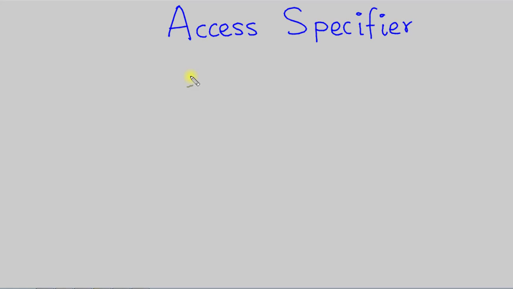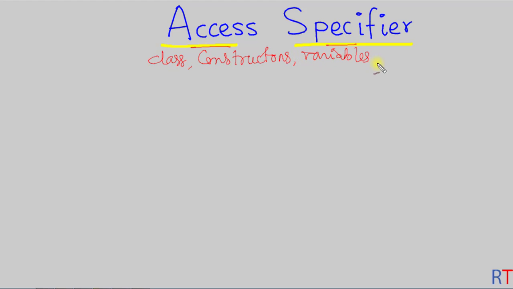Hey, what's up guys, in this video we're going to talk about access specifiers in Java. Access specifiers are necessary to improve the security and reduce the misuse of the members. The access specifier can be used with class constructors, and it can be used with variables, and also it can